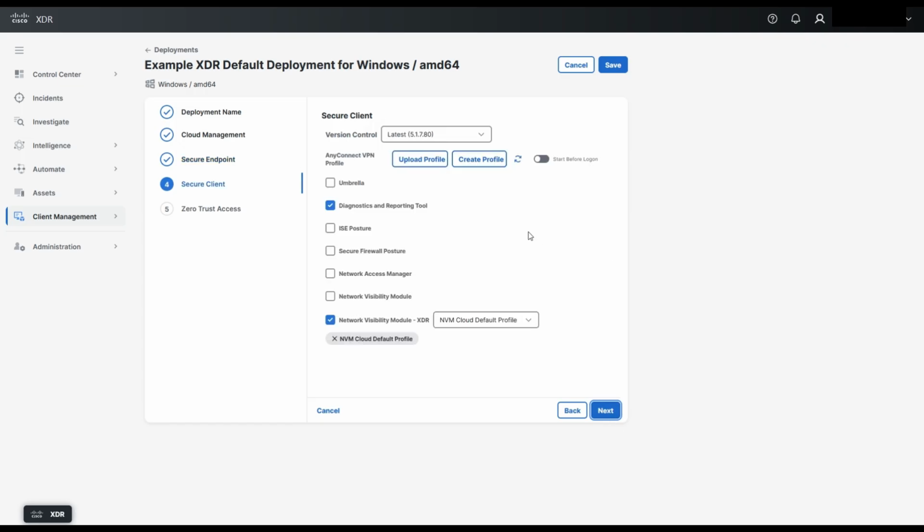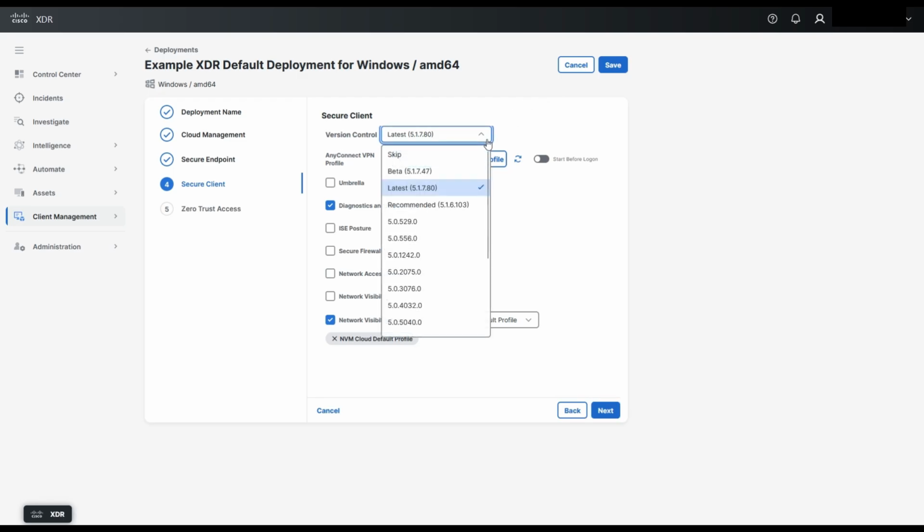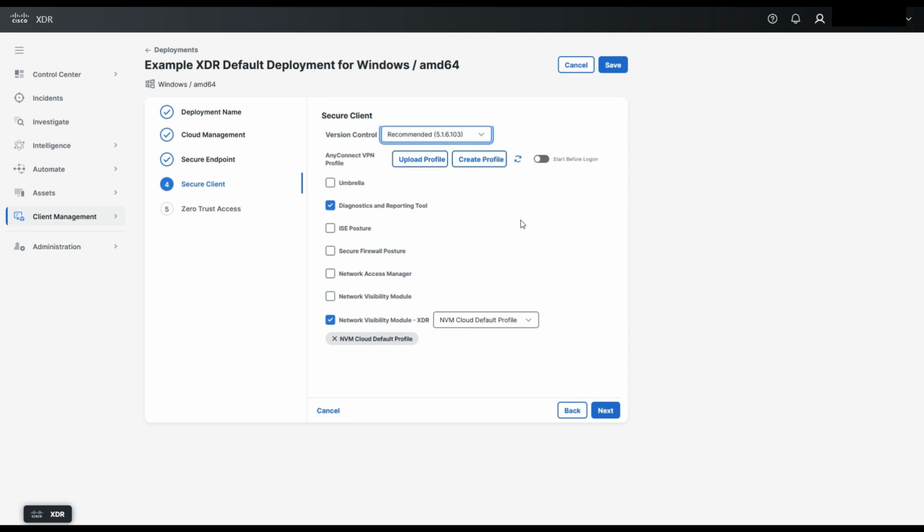Here we go. So this is the secure client. This is basically the wrapper for all these other modules. And you can see it has the same thing, latest and recommended. And there's a beta version. You can see all these different versions. Keep in mind, if you want to control what version is on an endpoint, don't choose the latest or recommended keyword ones. Choose the version you want. In our case here, though, we are going to keep up with the recommended version and have those dynamically uploaded or downloaded to our endpoints. Okay,